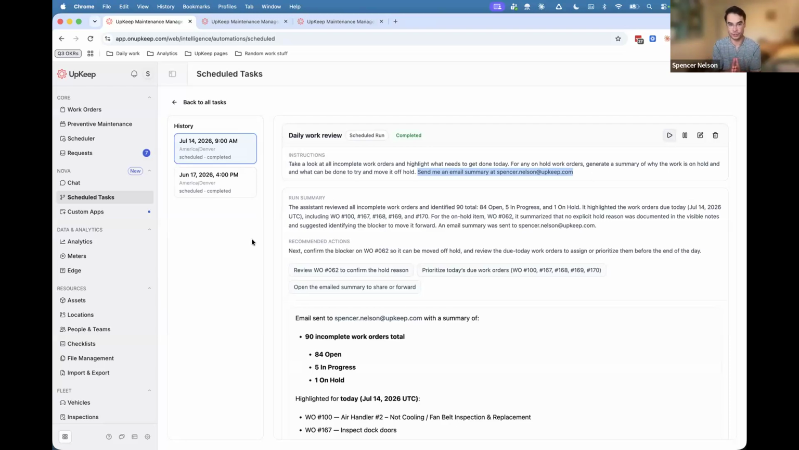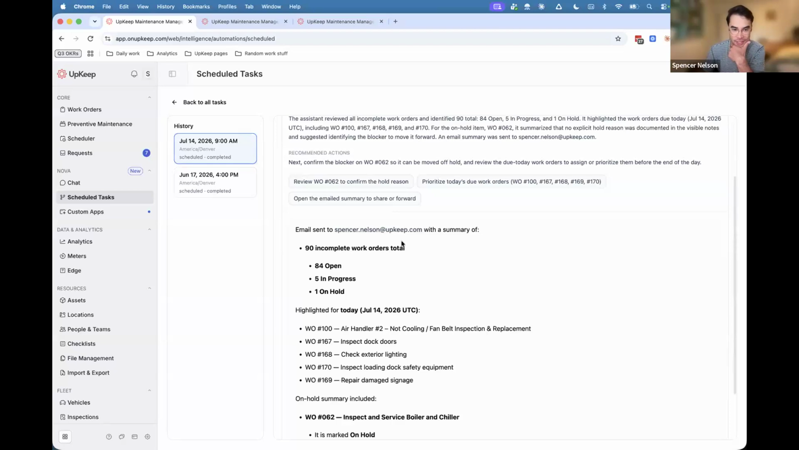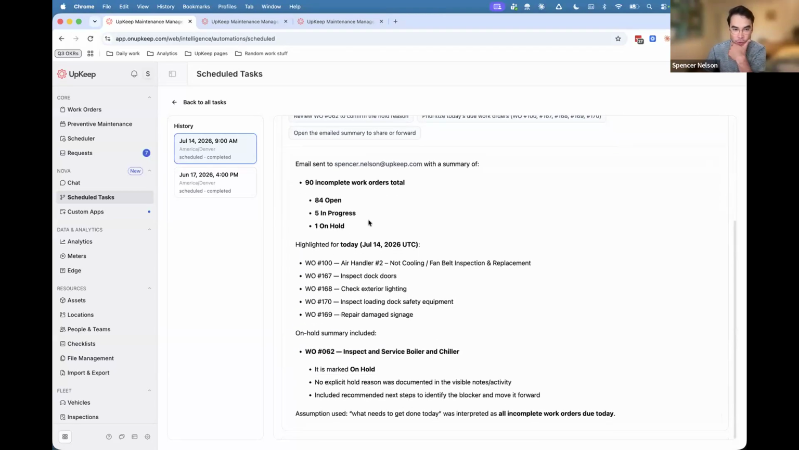But in every scheduled task, you also see a summary of every run. So this morning's run, I got an email, which I'll pull up in just a sec to show y'all, but 90 incomplete work orders, highlighted what's due today. This does match what we just looked at in our previous prompt. And then this on hold summary included